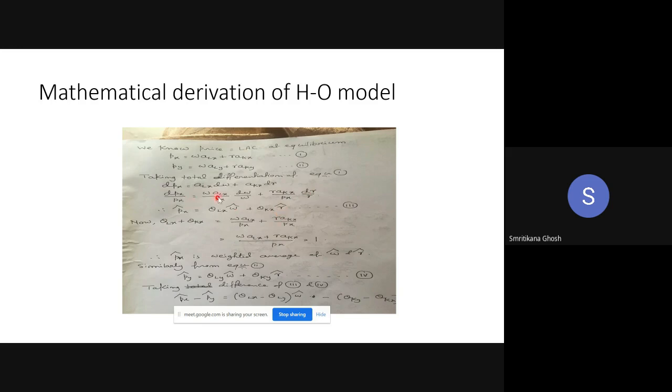Now look at W into ALX by PX. This is written as theta LX. Now what is theta LX? Look, PX is the price of X, right? And W into ALX is the expenditure for labor in X production. So if you sell 1 unit of X, you get PX. If you want to produce 1 unit of X, then W into ALX is the expenditure for labor.